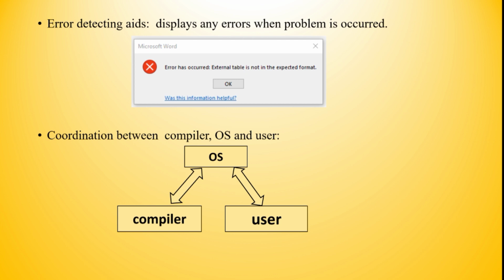First one, it keeps track of allocation and deallocation of memory, input and output management, job accounting, device management, processor management, security, error detecting aids, coordination between compiler and user.